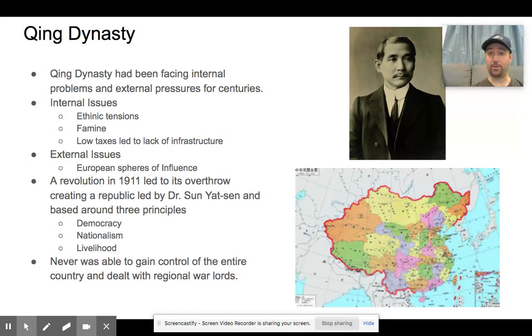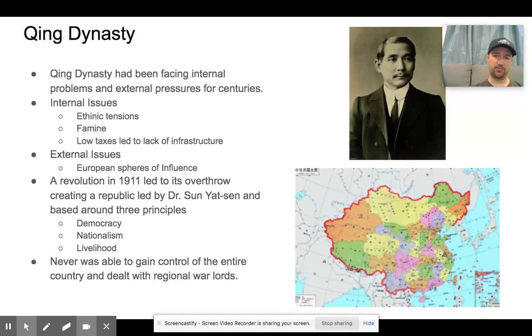And China did not modernize. They did not invest money into the industrialization of their country in the same way a country like Japan did. And this is going to put them further behind, which leads them to being pushed around and influenced by foreign powers, which we talked about, the European spheres of influence that come into China and continue to do so into the 20th century. But in 1911, there's a revolution that is going to overthrow the Qing dynasty, and